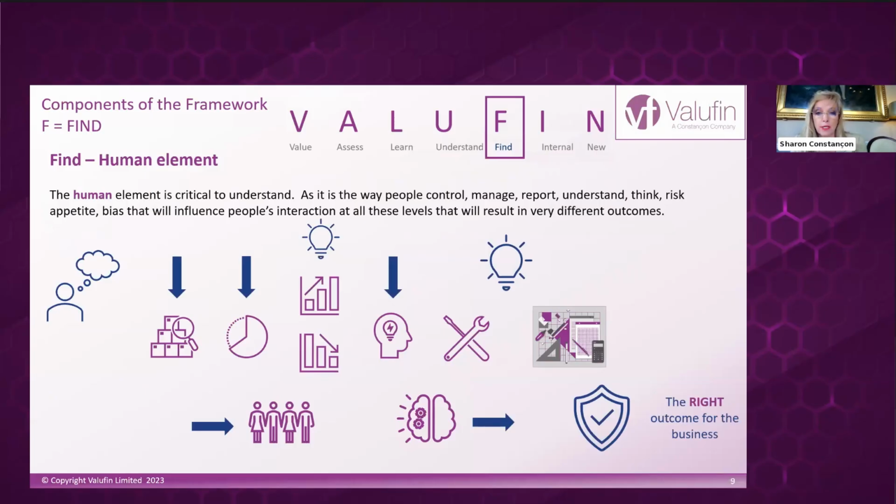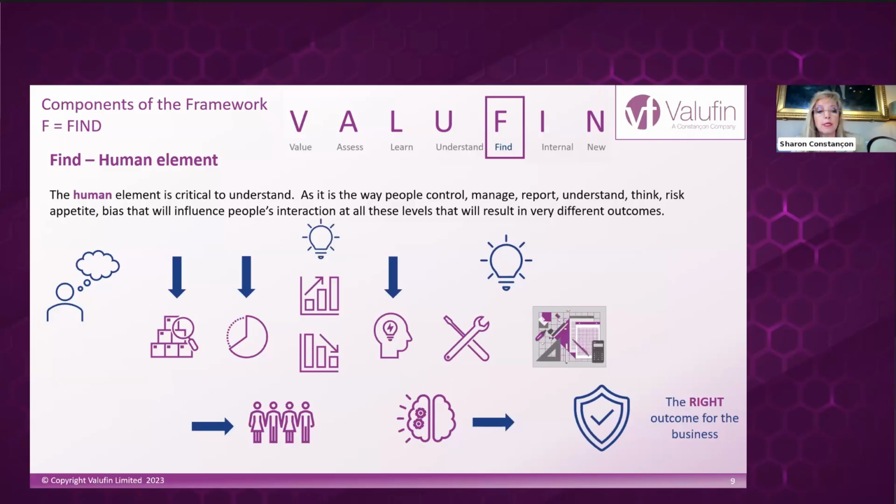Across all of the stages that we're going to cover today, we need to consider the human element. It's you. It's who you work with in your organization. It's your board. It's your risk committee. It's your treasury committee. It's your governance committee. It's where policies are made. It's where decisions are made. It's where all the element of knowledge, or lack thereof, about your business sits. And all of that needs to be considered to make sure that you are making the right decisions.